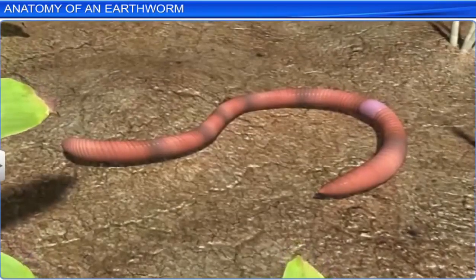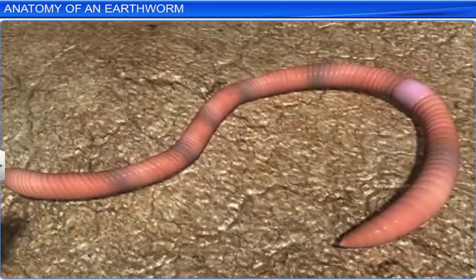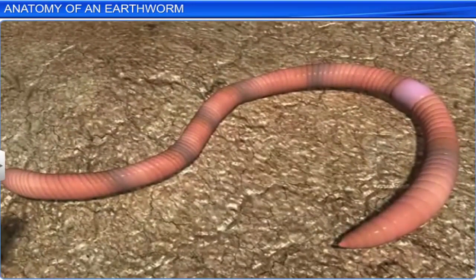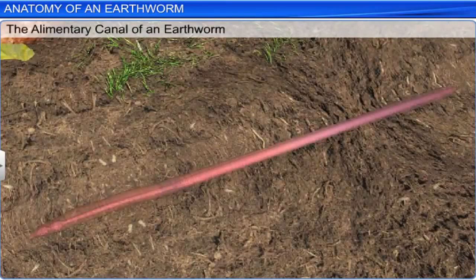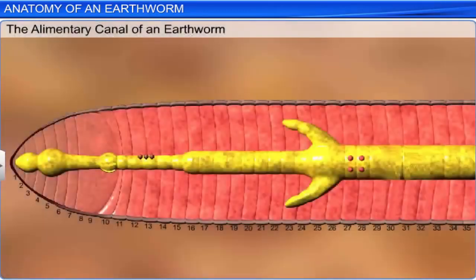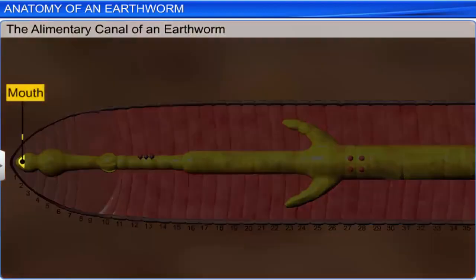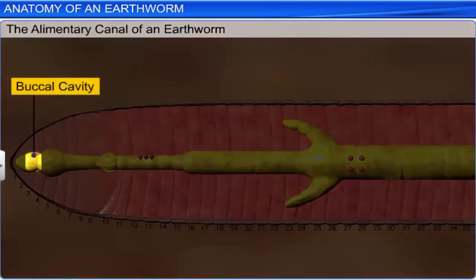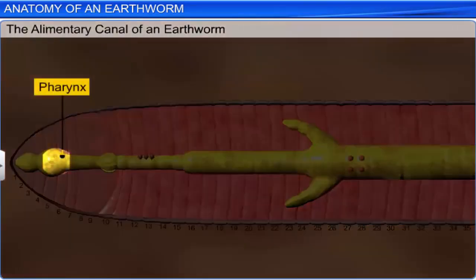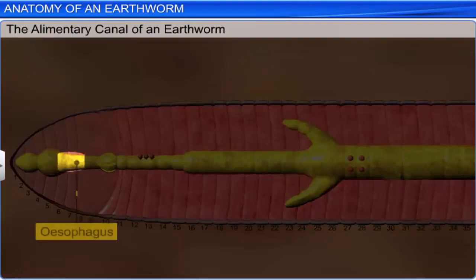Now let's take a look at the longitudinal section of the worm to study its remaining anatomical features. You'll notice a straight tube that runs from the first to the last segment of the body. This tube is the alimentary canal. Towards the anterior end, the first segment bears the mouth, which opens into the buccal cavity up to the 3rd segment. The buccal cavity is followed by a muscular pharynx, which continues into a narrow esophagus between the 5th and 7th